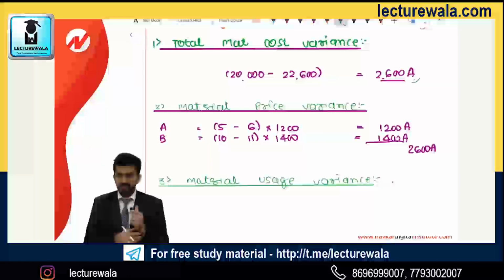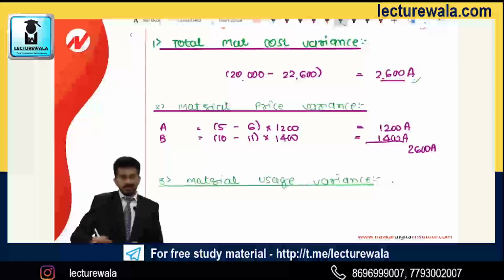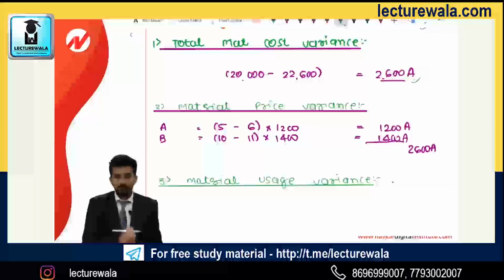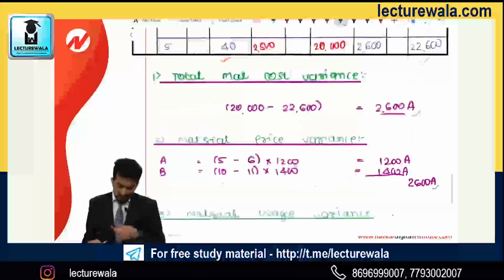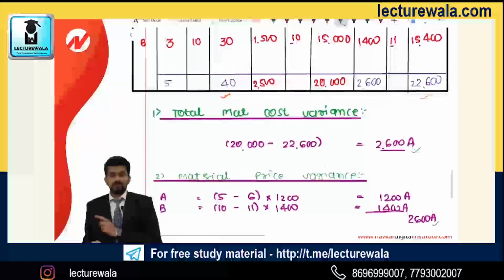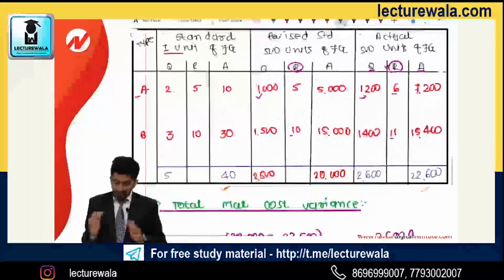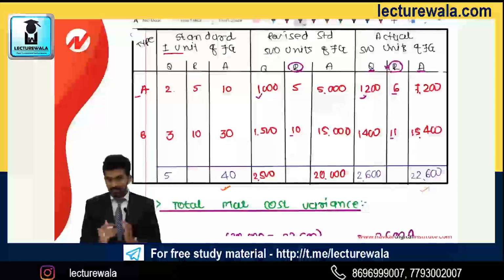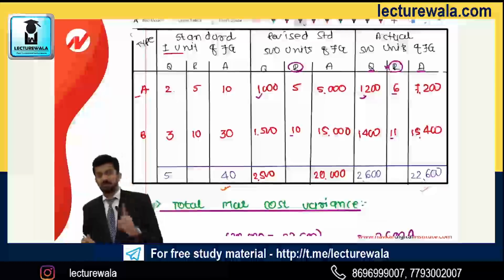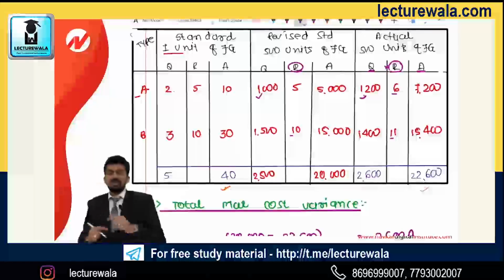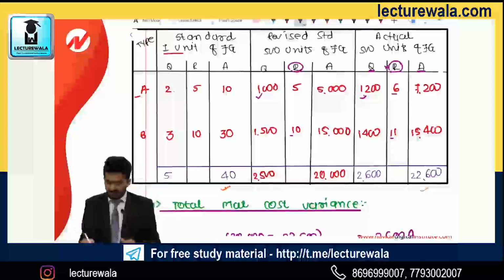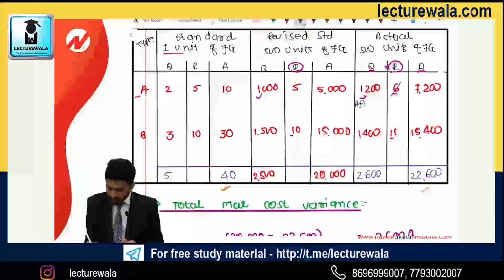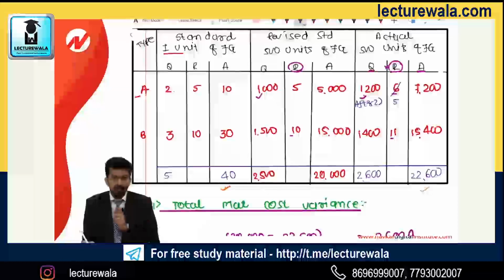What do you mean by give effect? We actually mean, if I am deducting 2,600 from his salary, then what will happen? Can you tell me, if I recover 2,600 loss from his salary, what will be the repercussions of that? The repercussions are going to be, after I recover 2,600 from his salary, that is after I give effect of material price variance, now onwards, whatever number of variances I'll be calculating, listen to this very, very carefully. After I have calculated material price variance, after I have given effect, we say give effect, so after we have given effect, we have recovered 2,600, then the repercussions will be, after variance 2, that is after recovering 2,600 from him,